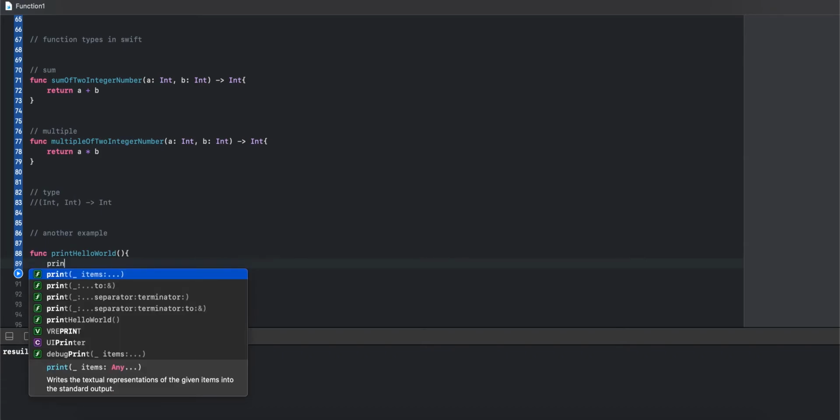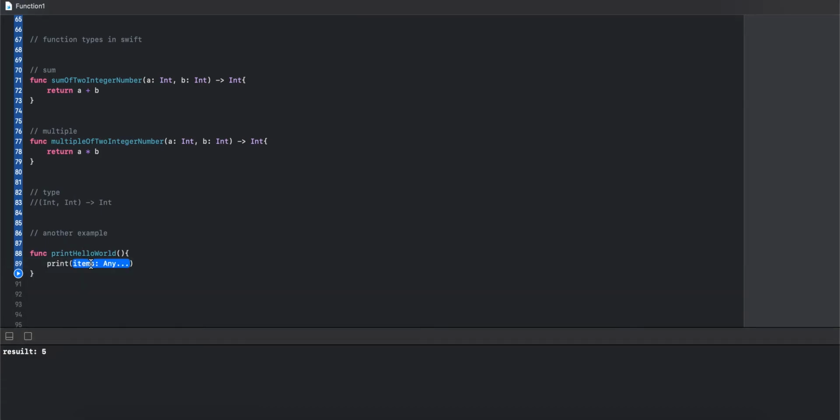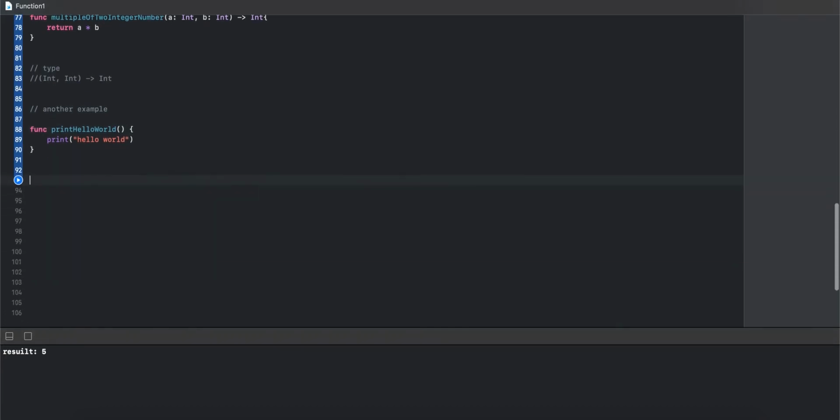Print hello world. So the type of the function is void. So our function is complete.